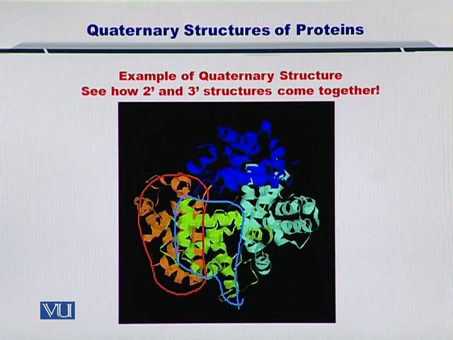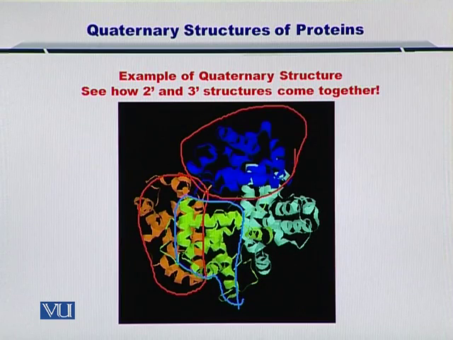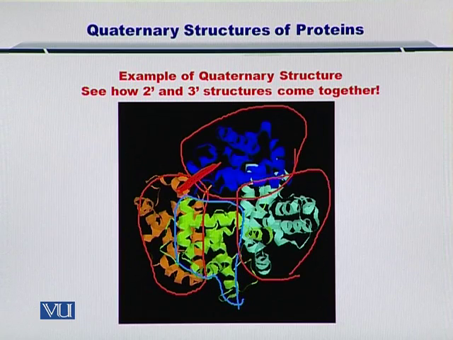And moreover, you see these blue alpha helices talking with the orange alpha helices and also making a multimeric polypeptide. Also, if you look at the cyan alpha helices, they are talking with the green alpha helices